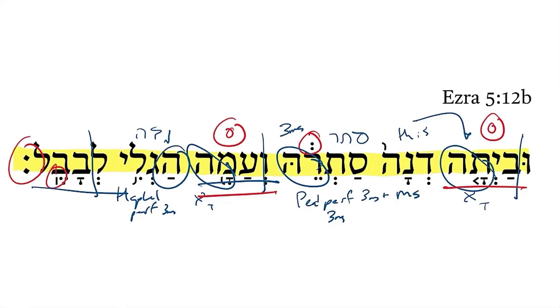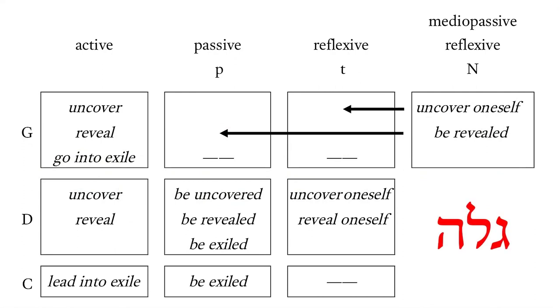Ezra 5:12b, the second part. I'd like to use this video to discuss this word. If you turn to page 85 in Biblical Aramaic for Biblical Interpreters, I use this verbal root, of course it's